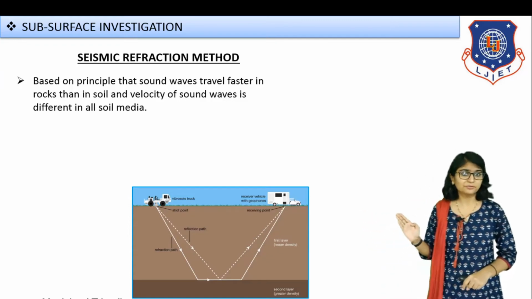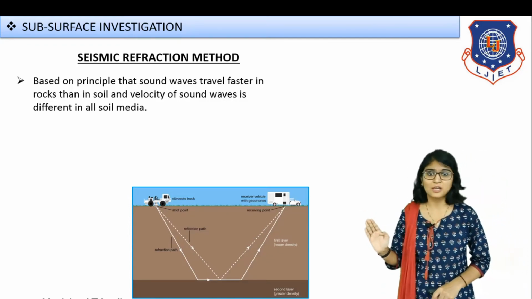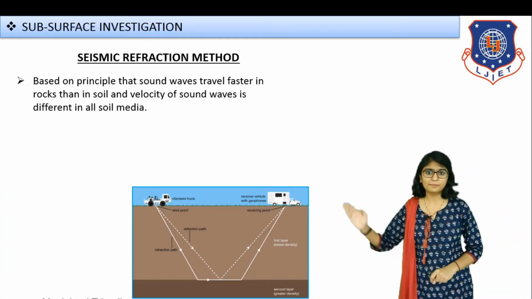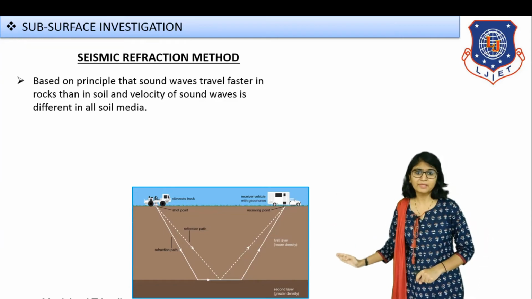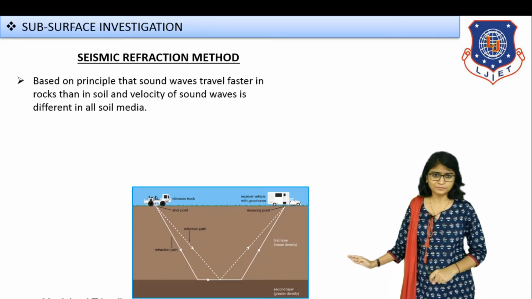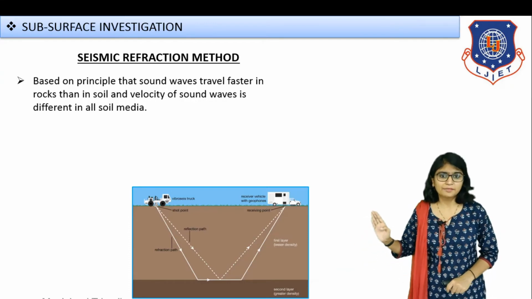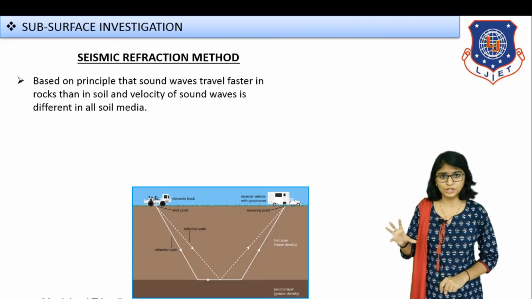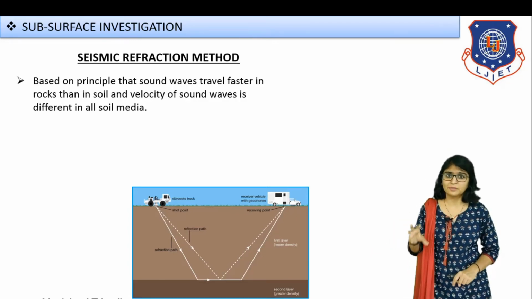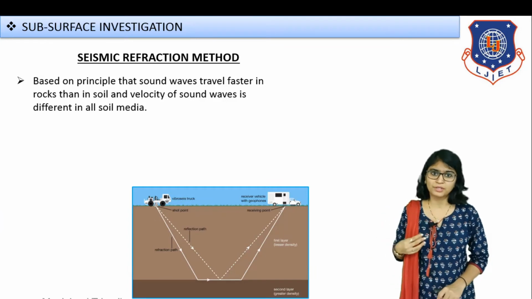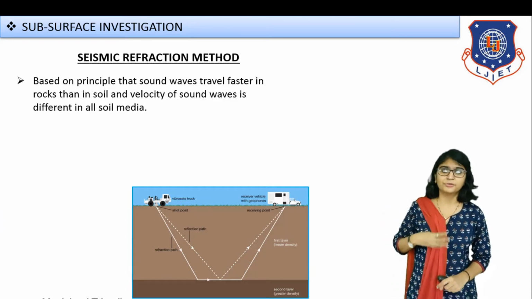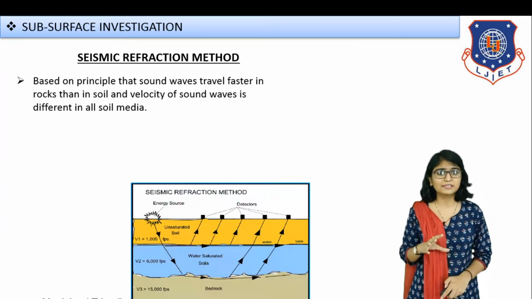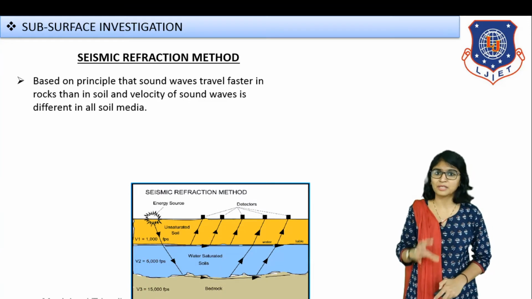You know the difference in physics, you have studied what is reflection, what is refraction. So in this case what will happen is, it will be refracted back based on the different soil media existing. When it is refracted back, it will be noted with the help of a receiver, that is the geophone. Now the amount of time when it is received back is noted, and if you have distance and time, you can find out the velocity. So what you are going to exactly find out here is the seismic velocity of the particular site.